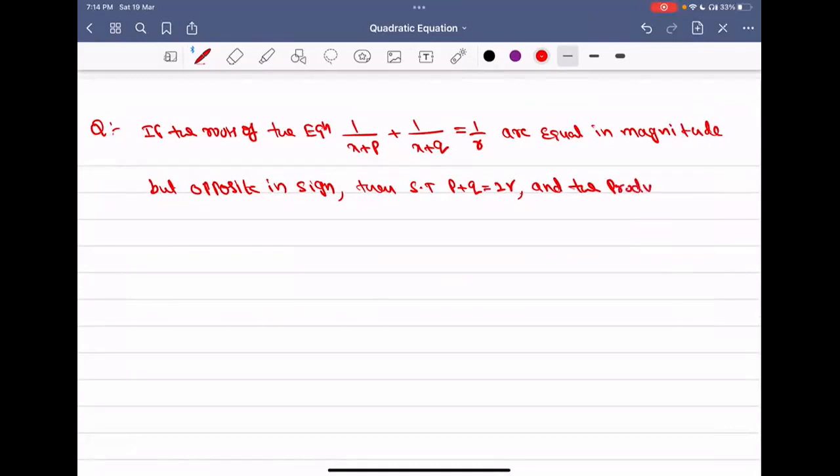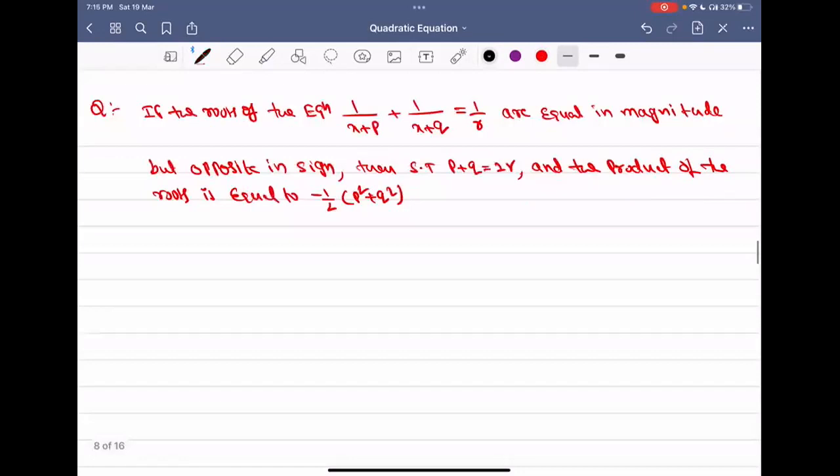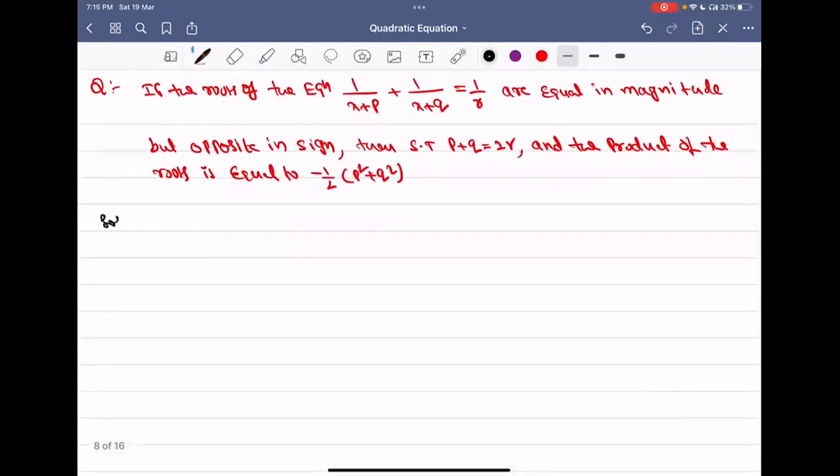and the product of the roots is equal to minus 1 by 2 times p square plus q square. So this is the question. Solution. So given equation is